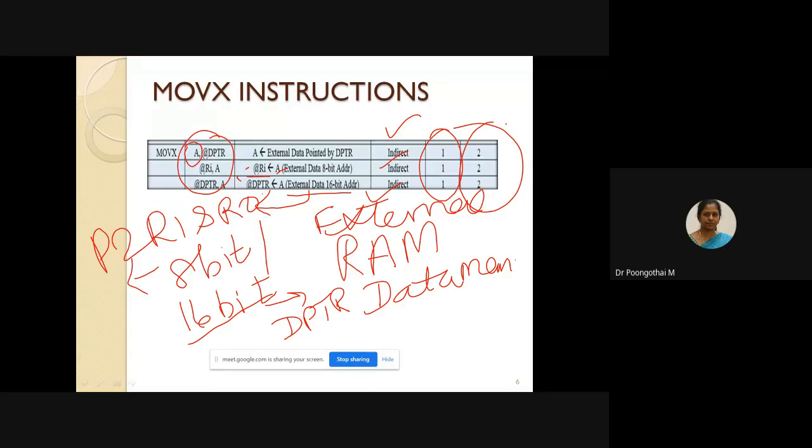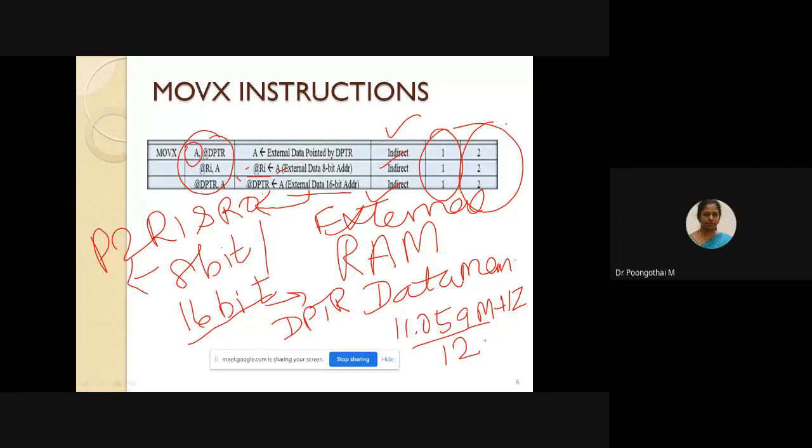Student, what's your doubt? Ma'am, how can you find the number of machine cycles required? It's based on your internal clock frequency, which is 11.0592 megahertz, that is internally divided by 12. In your textbook's last chapter, they have given a very big calculation to calculate the machine cycle. In the 4th unit, we will cover all these topics. It's like an internal calculation; the machine cycle is completely based on your crystal oscillator frequency.